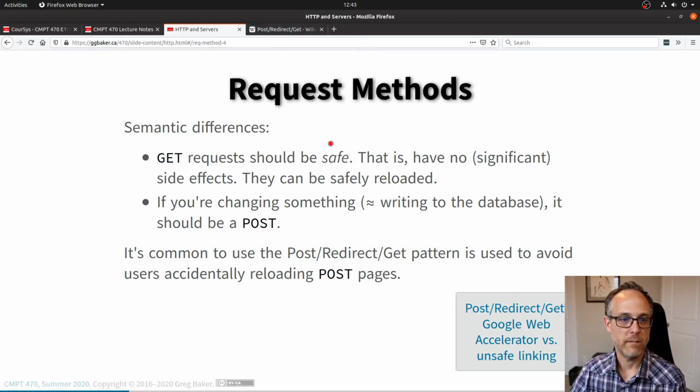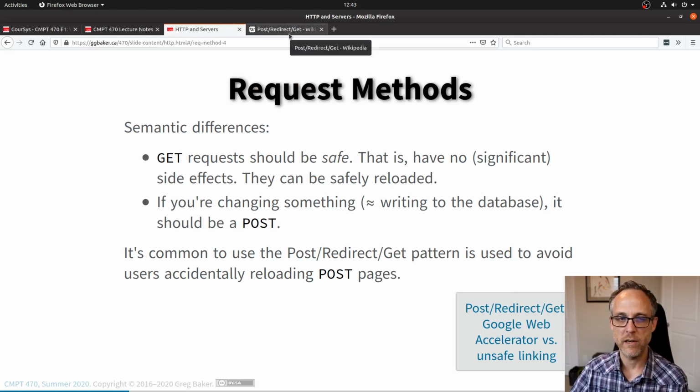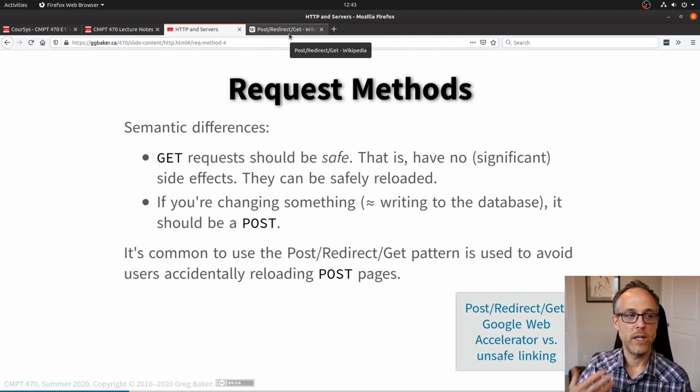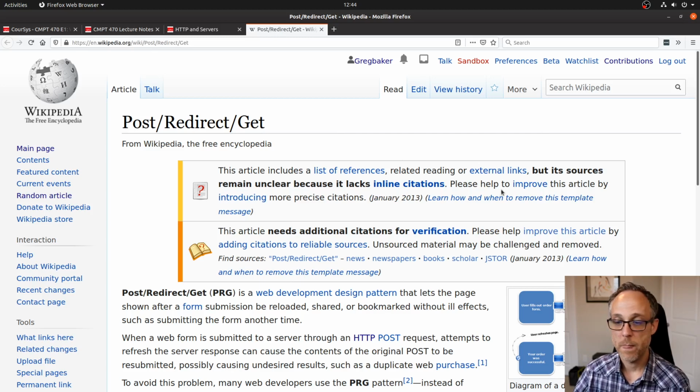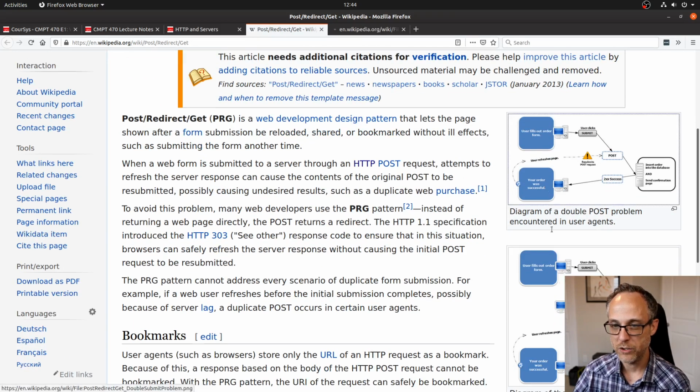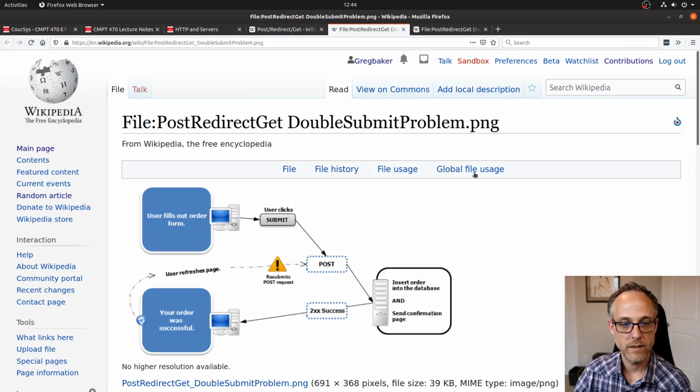So the usual way to get around this, and by the way, if I'm looking at a page that is a POST request and I hit Control R, click reload, the browser will warn. It will say, are you sure you want to do this? Like, are you sure you want to reload this page and order again or drop another student or whatever action it is you're taking? That's kind of a weird bit of usability sometimes. So I'm not sure if these diagrams help people, but